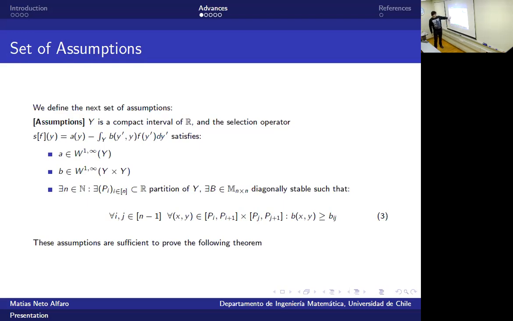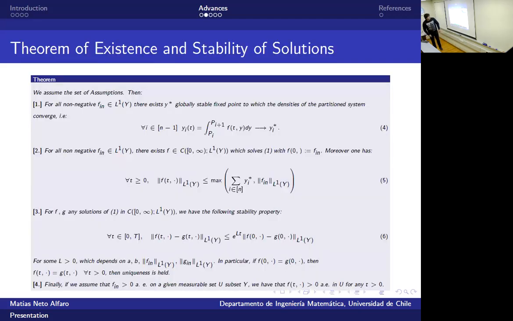The third assumption is the weird one, because it's the difference from the other paper. In the other paper, they take the infimum of B positive. So they use an inductive scheme, where they prove that the sequence is Cauchy in a Sobolev space, which is a Banach space, and then they prove that it converges to a solution of the system. But in this scheme, where we don't use that the infimum of B is positive, we need to take a weirder assumption. But the theorem